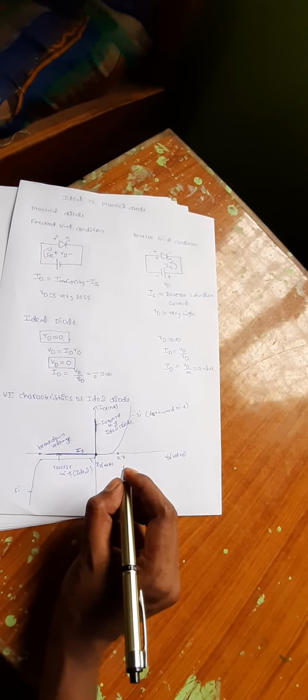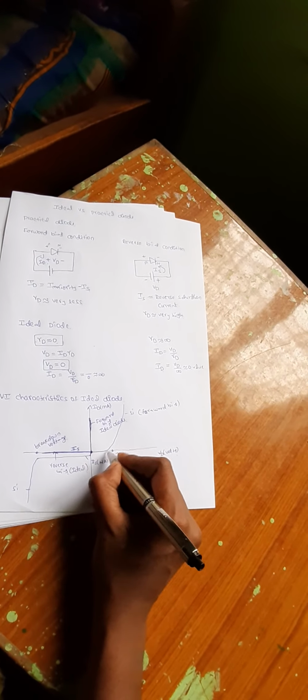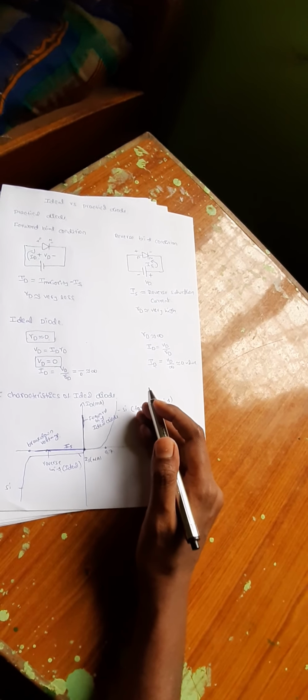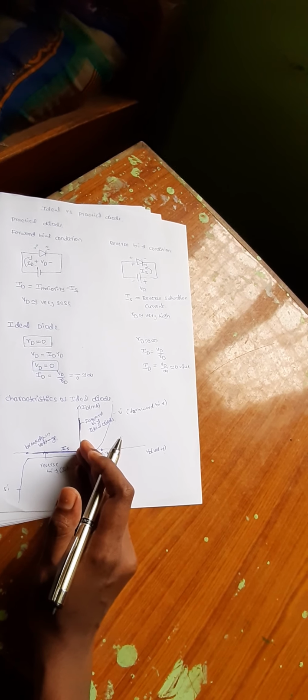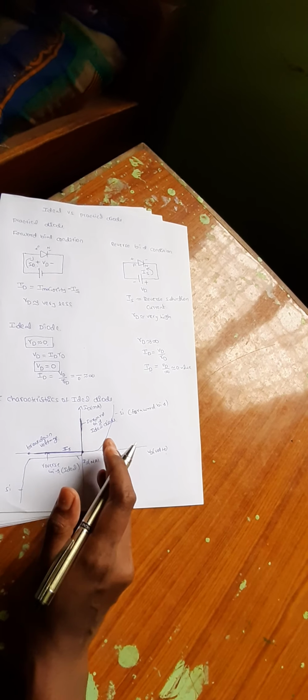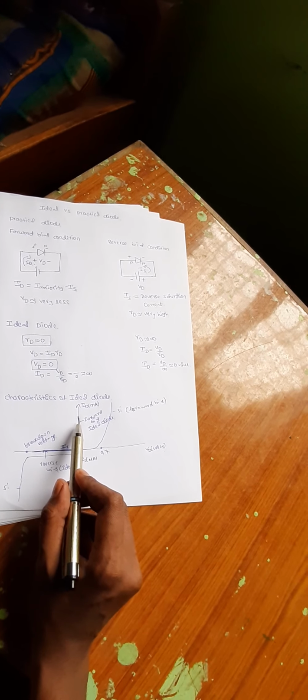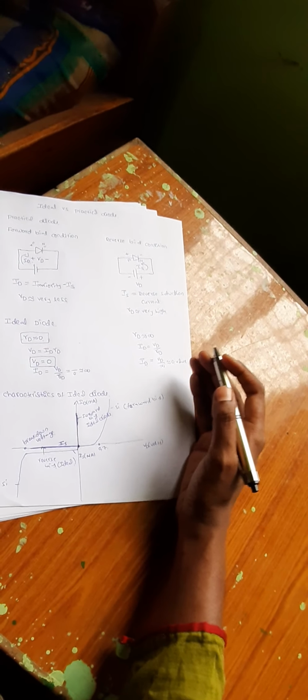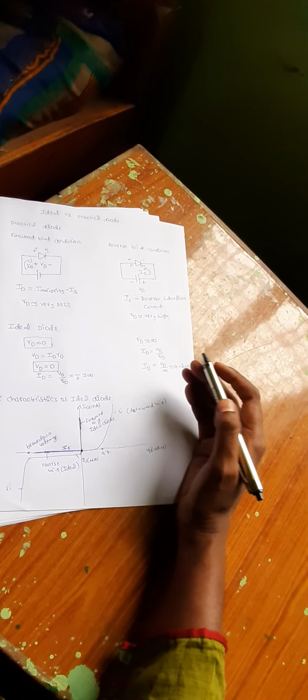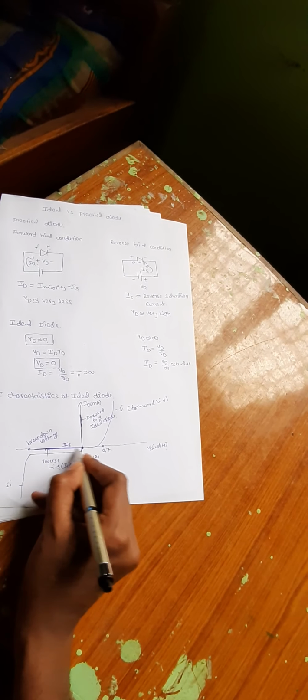For the practical diode, we have a cut-in voltage of 0.7, and only after that there is a flow of current. But for the ideal diode, there is no cut-in voltage, and the resistance across the diode is 0, so the current increases incrementally. The voltage across the diode is 0, and the current across the diode in the reverse bias condition is equal to 0 because the resistance across the diode is infinity. So this is the ideal characteristics of the PN junction semiconductor diode.